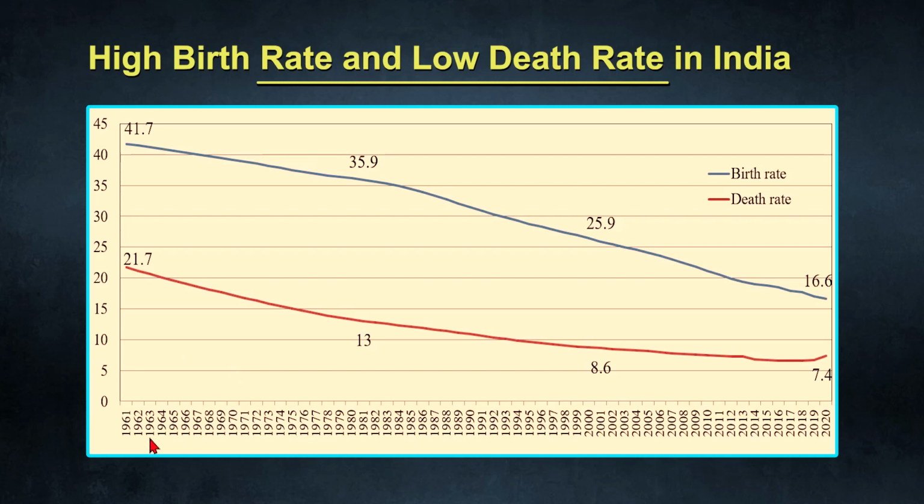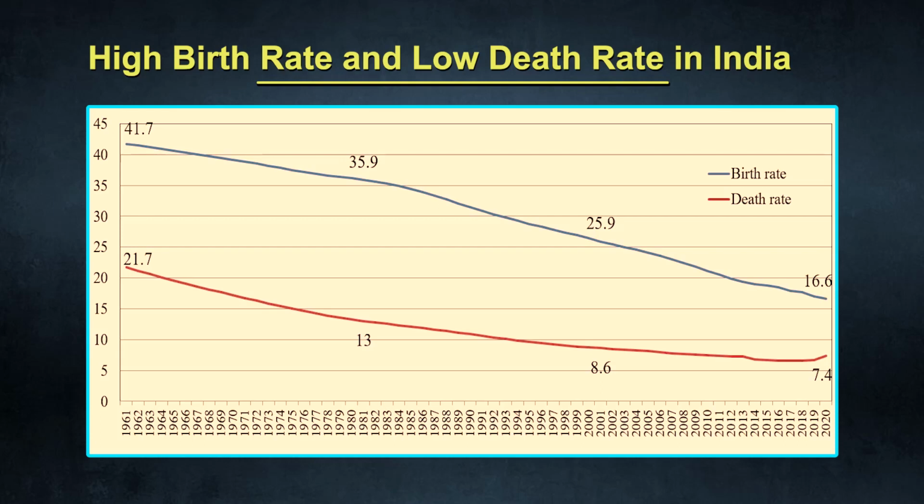In the year 1961, the birth rate was 41.7, which decreased to 35.9 in the year 1981 and 25.9 in 2011. During the latest year 2020, the birth rate decreased to 16.6, whereas the death rate was relatively low compared